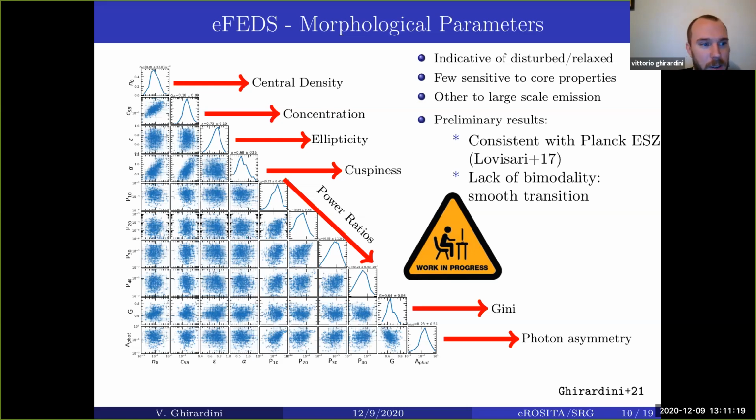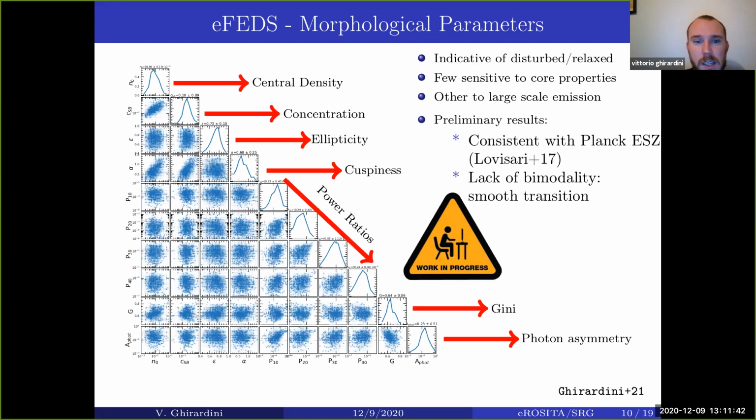These are very much sensitive to the properties in the cores, while others like ellipticity, power ratio, Gini coefficient, and photosymmetry are more sensitive to the large scale emissions. From some preliminary results on that, in particular regarding central density, concentration, and cuspiness, which are the ones for which we do correct for the PSF of eROSITA,